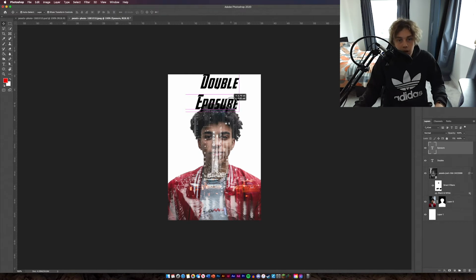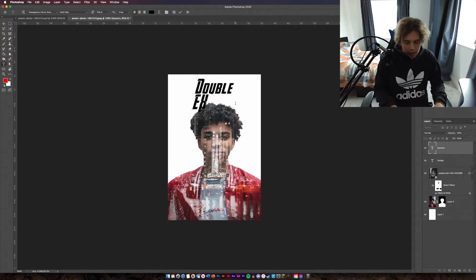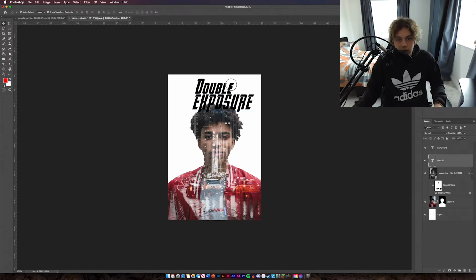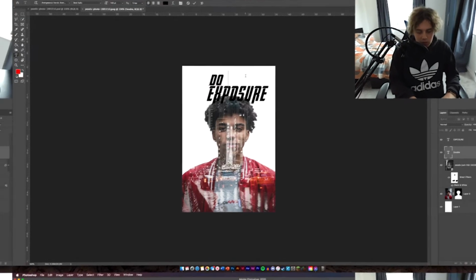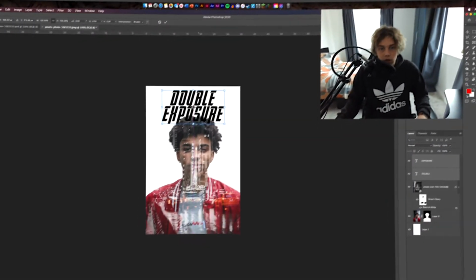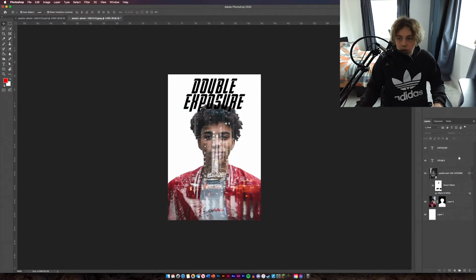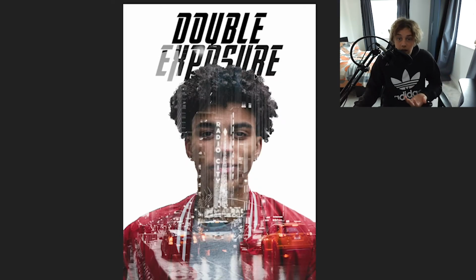I'm going to have both of these in the center of the design. I'm just going to have them like so. Actually, I'm just going to do them in capitals because it looks better. That's done. Now if we go to the "double" bit, I'm just going to do that in capitals as well. So we've got the text in the middle of the design. Now we're just going to move the "exposure" bit below the design so it looks like it's behind the person,